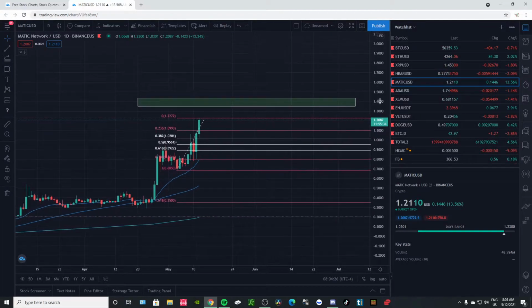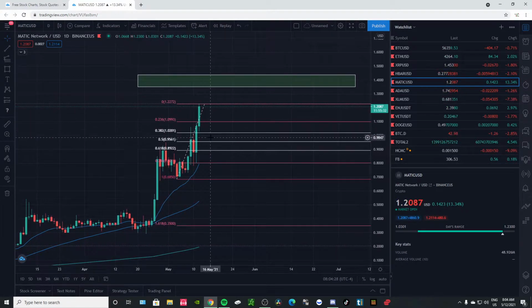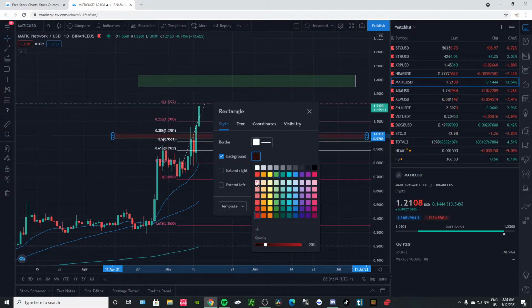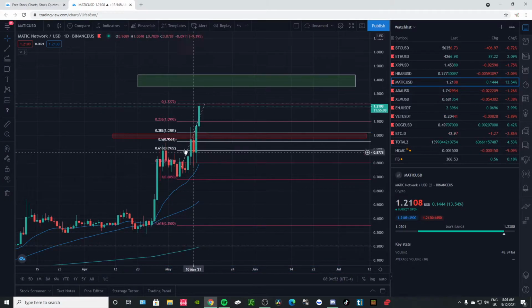We know that's happening. But anyways, as long as we stay above this $1 range, because it's a zone, I'm going to go ahead and draw this. As long as we can stay above this range, then we are still bullish for the short term. I'm still bullish no matter what, even if it falls below this level. But if we fall below this 50% line and then find resistance on it, so basically if it falls below